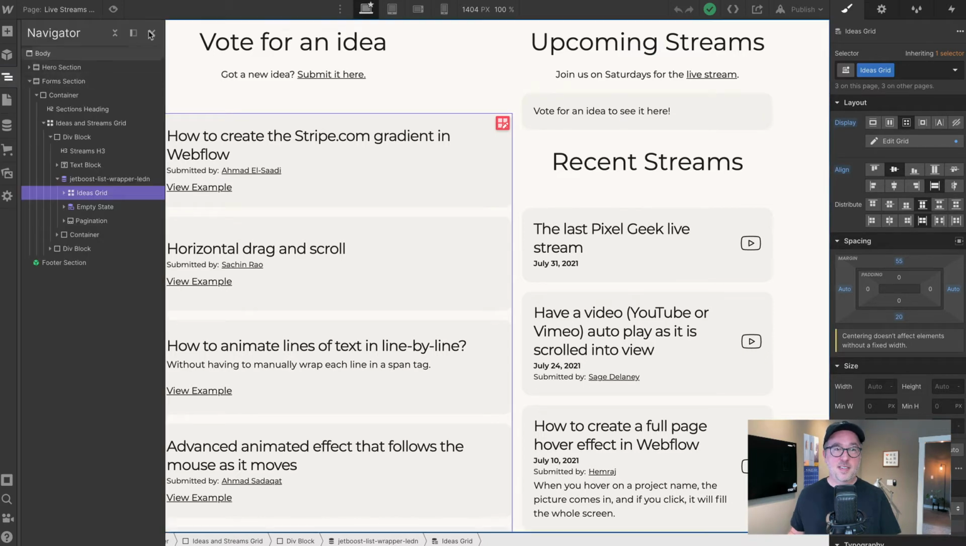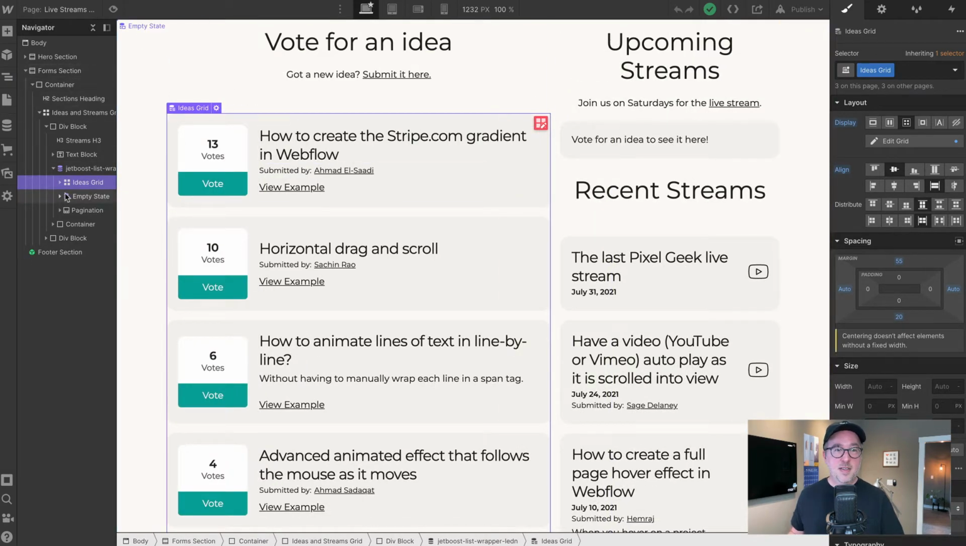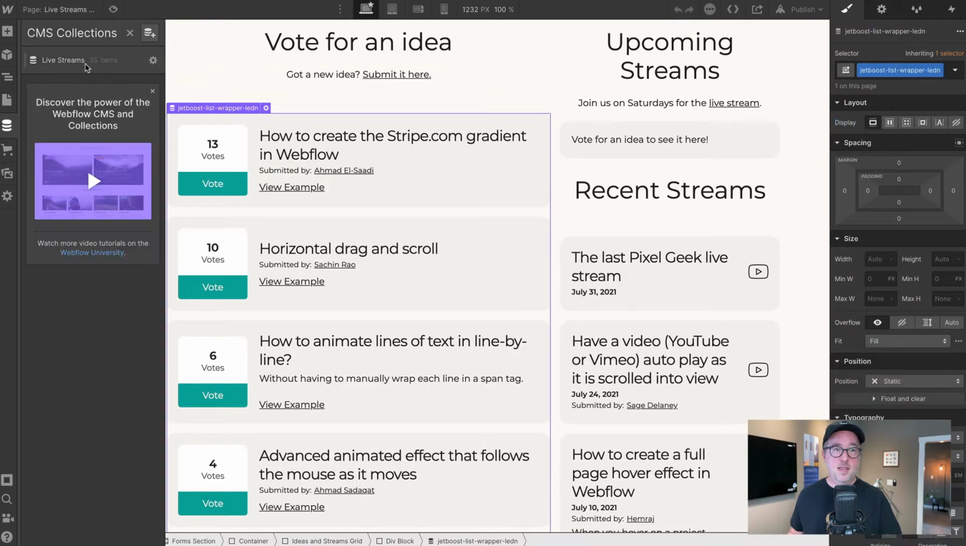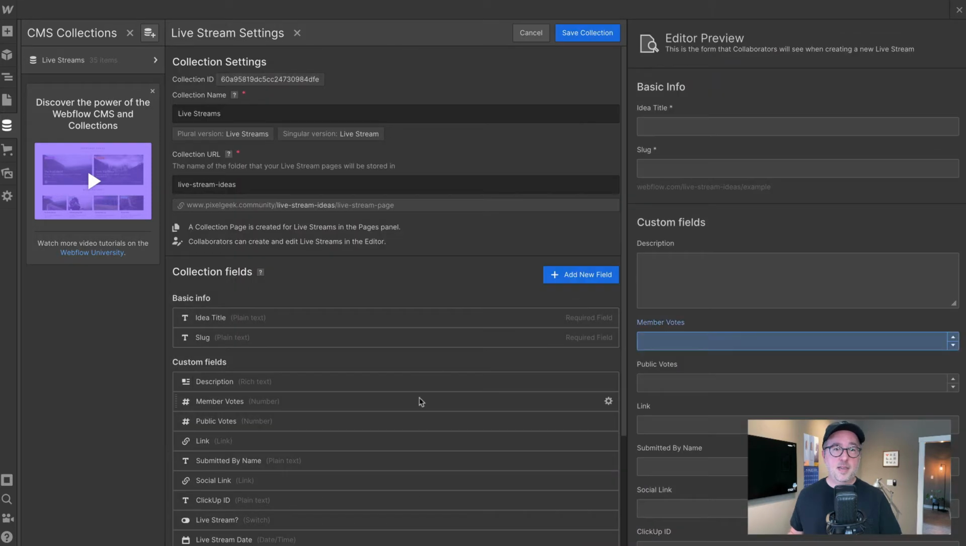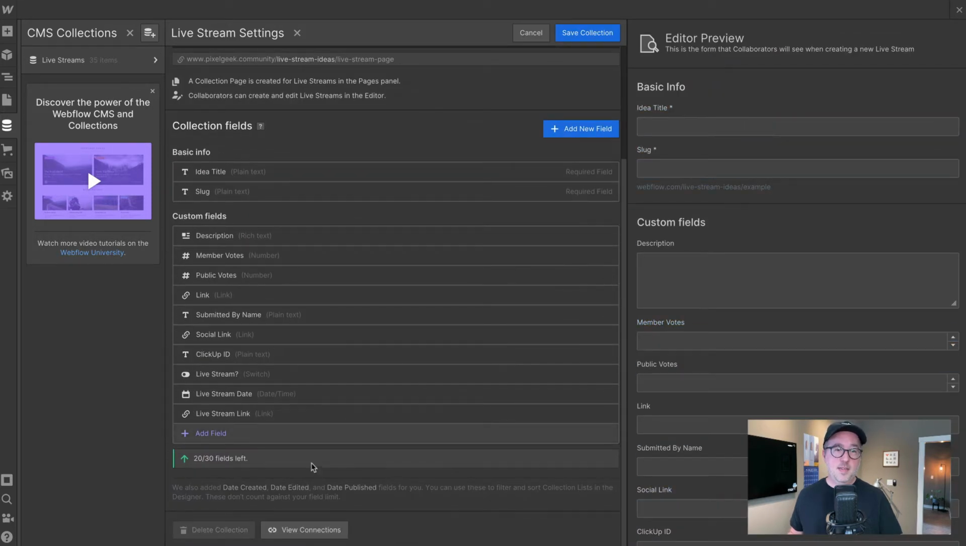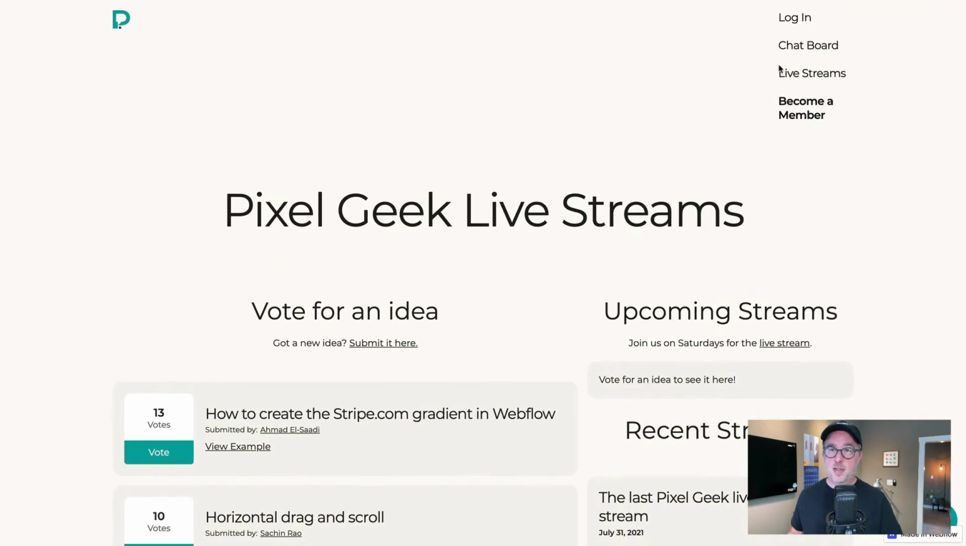And so for this, I will just kind of plug this here. So we've got the main ideas grid, and all of this is coming from one collection. And the way this is set up is as you would probably expect. You've got the idea title, description, and then the one thing that's a little bit different with this one is we're capturing votes from the member community,